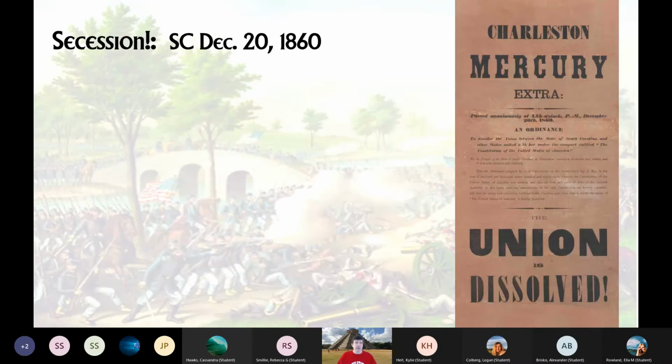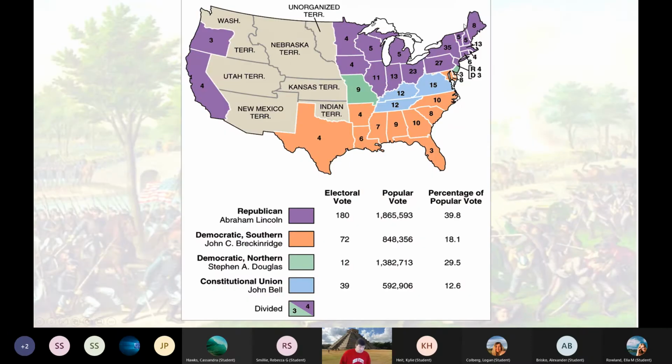So there's the election. Lincoln would win. Breckinridge and Douglas split the vote. Douglas got a lot of votes, but he was always in that second place. Bell got a lot of votes. And you can see this. New Jersey, for example, was pretty strong Democratic feeling. In fact, there were still slaves in New Jersey. There were still a few slaves in New York and Illinois. Just because there weren't slave codes didn't mean there wasn't slavery.